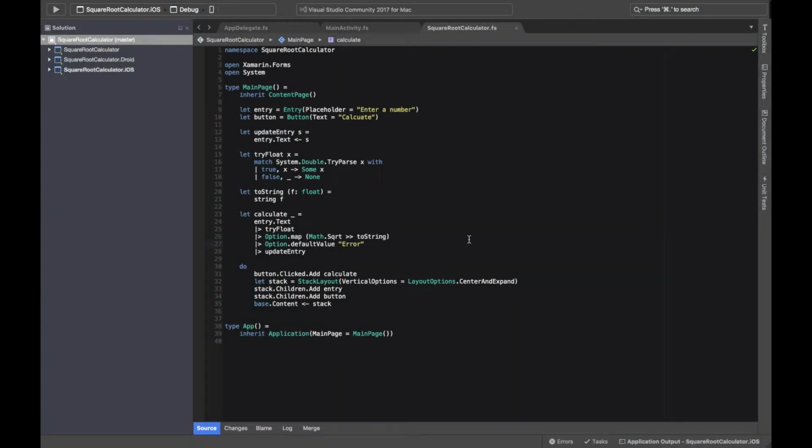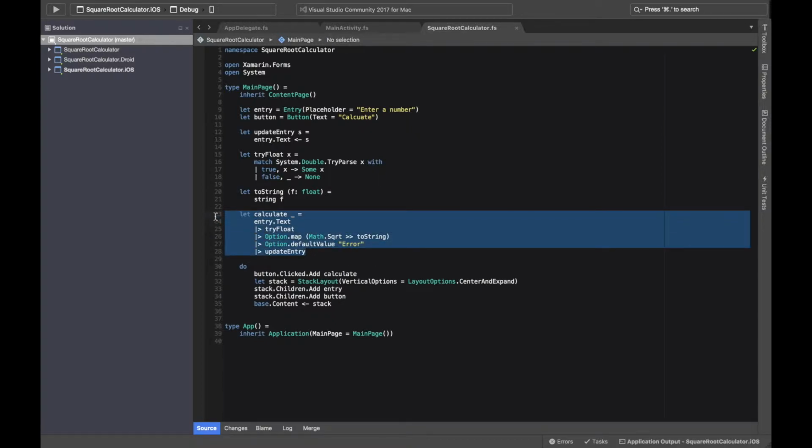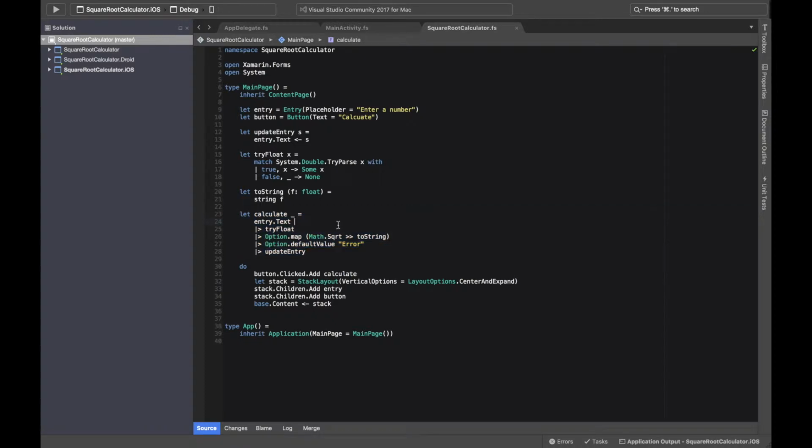So let's go ahead to our program. Here's where we got to from last time. It's the code. Most of the calculations are done in this calculate function. So in order to take into account the user error, let's focus on this tryFloat here. When we try and convert the string into a float, if we look at the function here, we're just ignoring the actual text that the user input and we're returning nothing back. So we don't crash, but we're also not taking into account what the user really entered to give them a